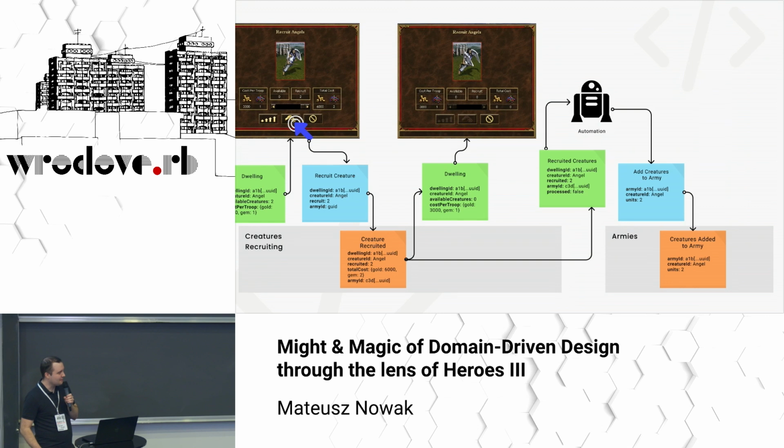In event modeling, we call it automation pattern. You can think about it like a robot which listens for creature recruited events. Then the robot is keeping its own to-do list of tasks that it needs to do when the event occurs. And when the event arrives, the automation executes the next part of the higher level process. The automation is a form of glue between those two modules.